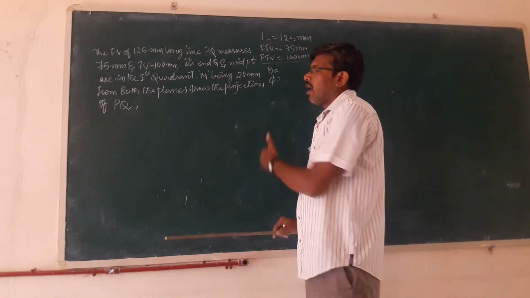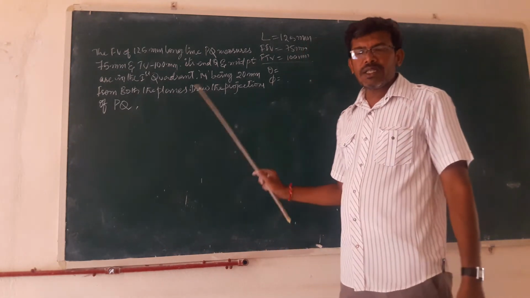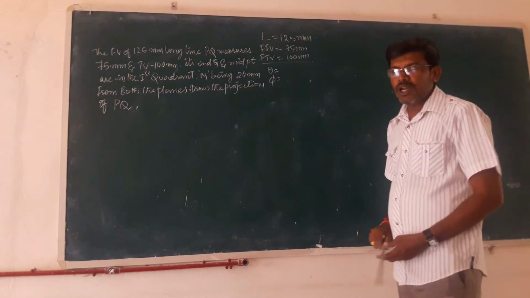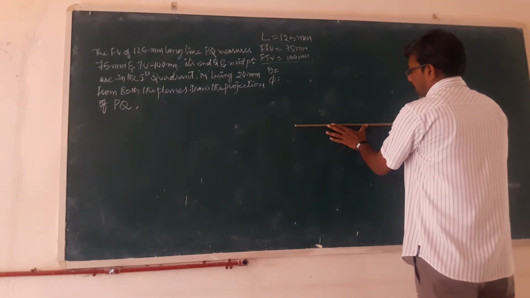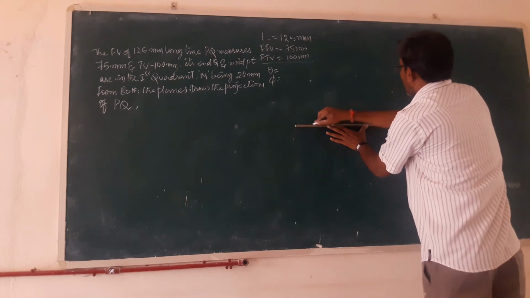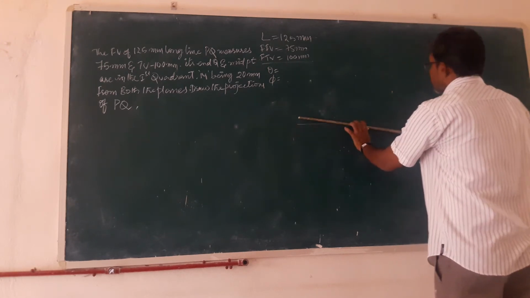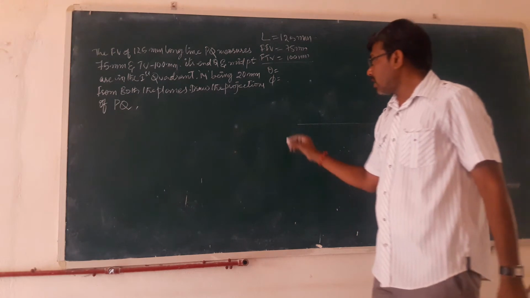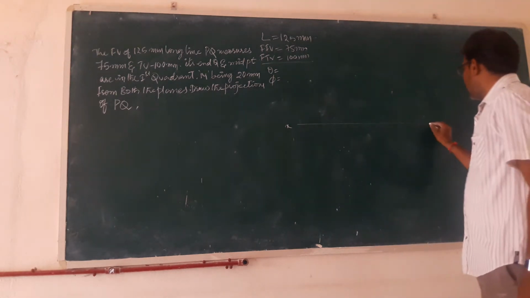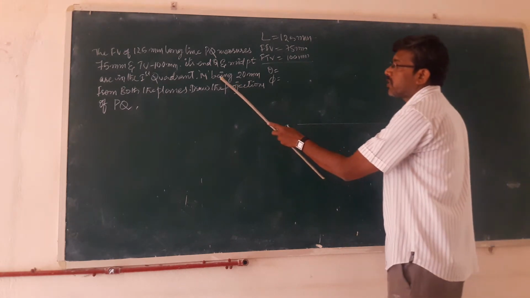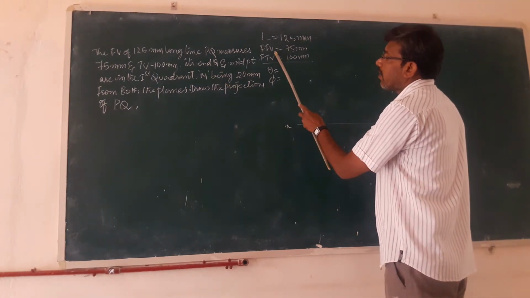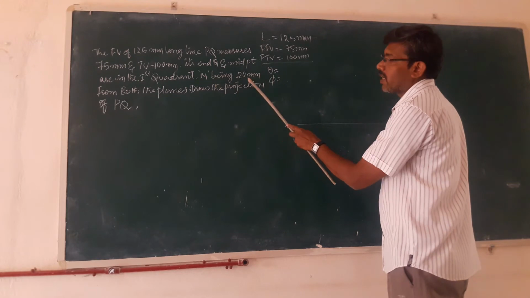Let us see how we are going to construct this particular thing. So as usual you have to draw a line here. What is this line? This line is nothing but XY. So now what are the conditions here? Length of line is there, final front view, final top view is there, and midpoint is there, right?